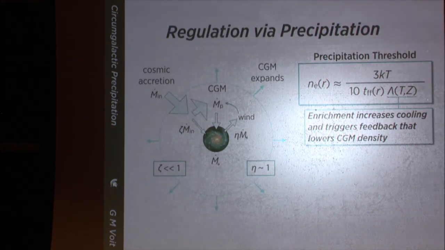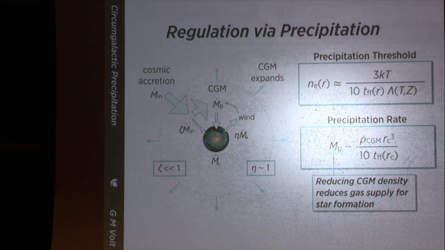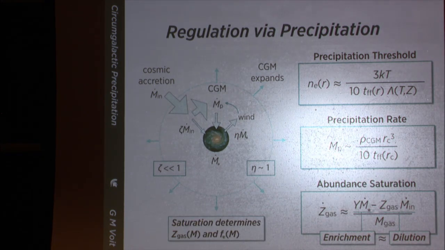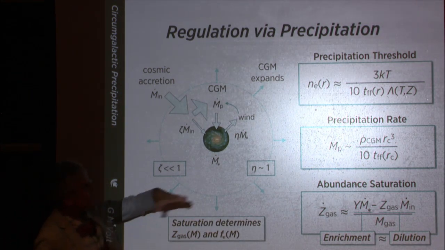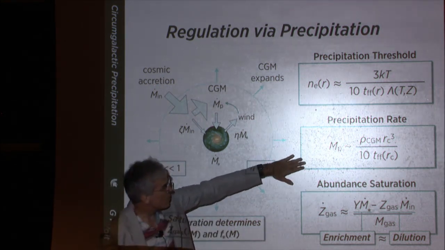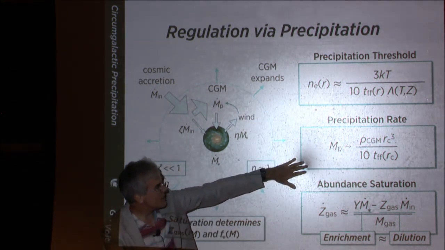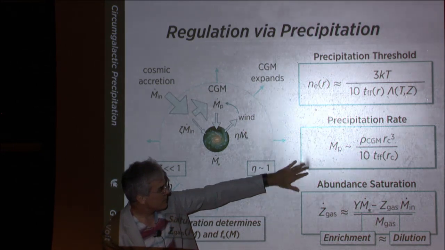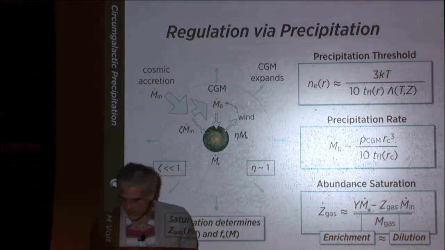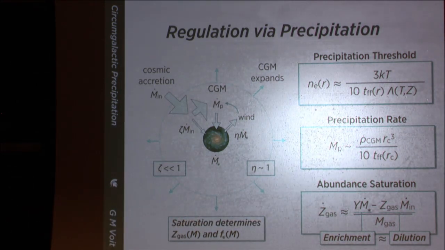And a paper that I will recommend to you. Yeah, there's a simple calculation you can do to say we apply this threshold. We can calculate what the natural rate is of gas going into the galaxy. And a very interesting effect comes in, which I call abundant saturation. If you ask,